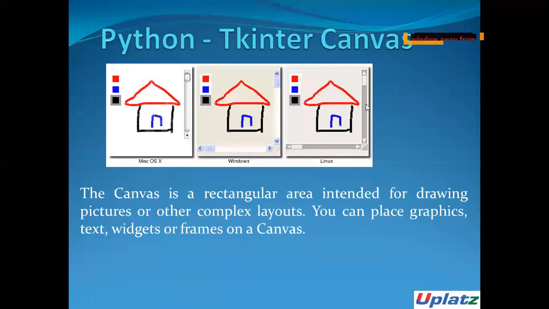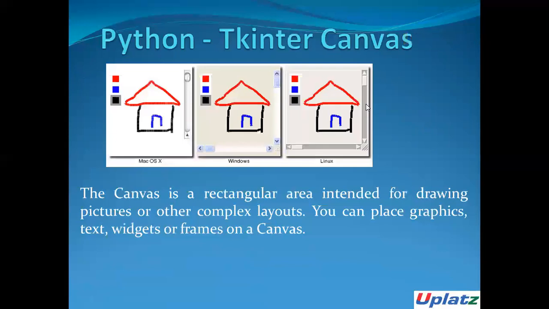And when we use the canvas widget, again it has some arguments. The first one is the master and the second one is the option. Master is again the parent window, and the options for the canvas are border width, then the normal background color, then confine is the new option here. The confine, if it is true, the canvas cannot be scrolled outside the scroll region. Okay, that is the confine.